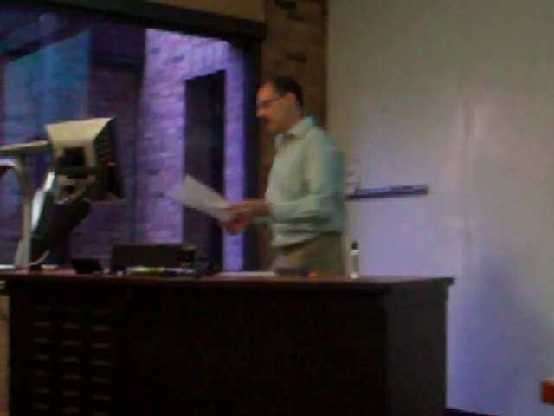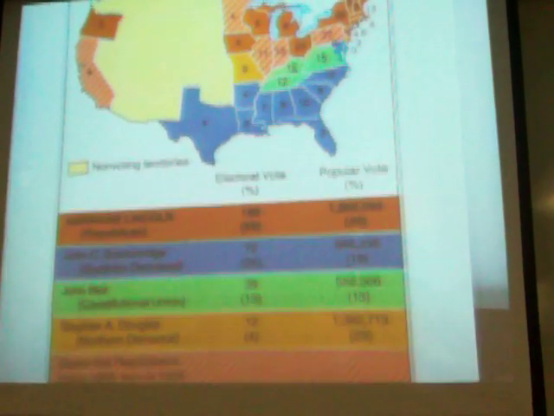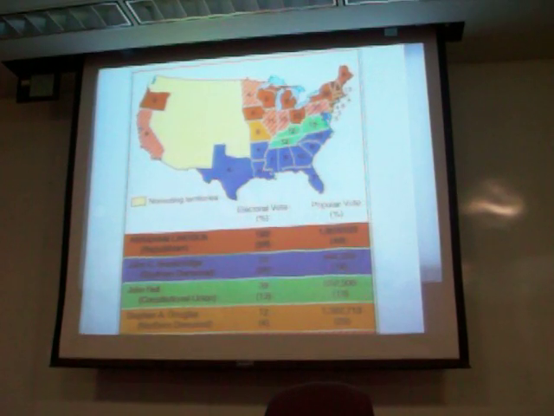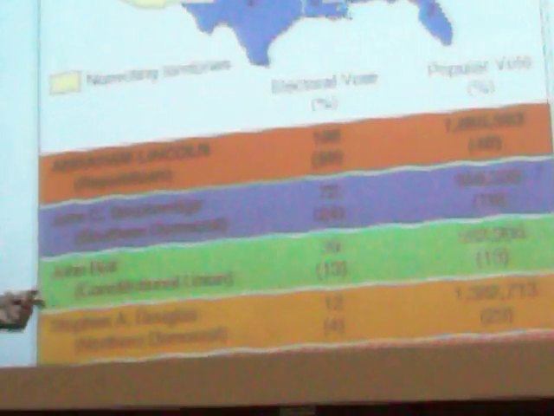And so let's put a map up here of the election of 1860 with the names of the 4 candidates. Let's get all of this text out of the way because it's causing a little bit of bleed through. There we go. There they are. The Republicans nominated Abraham Lincoln. The Southern Democrats, John C. Breckinridge. The Constitutional Union, John Bell, and the Northern Democrat, Stephen Douglas.